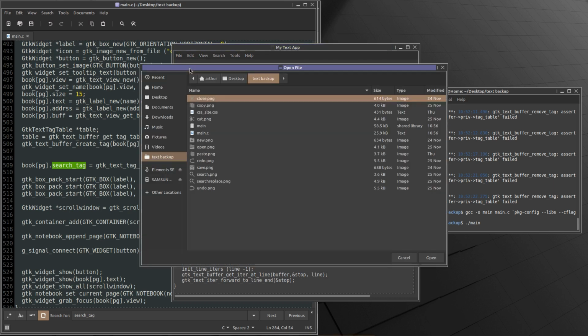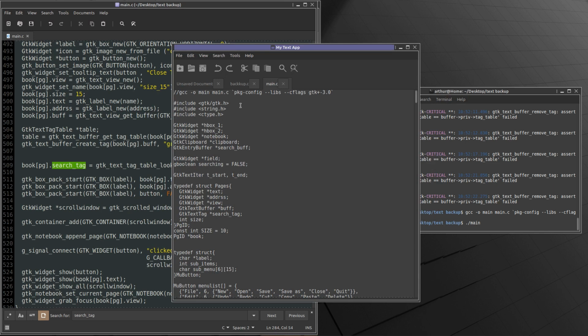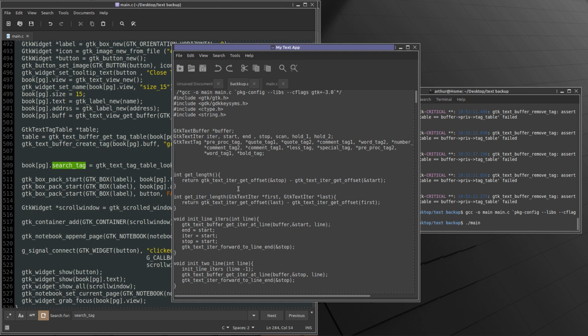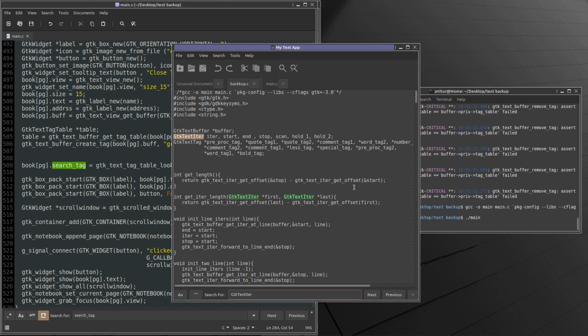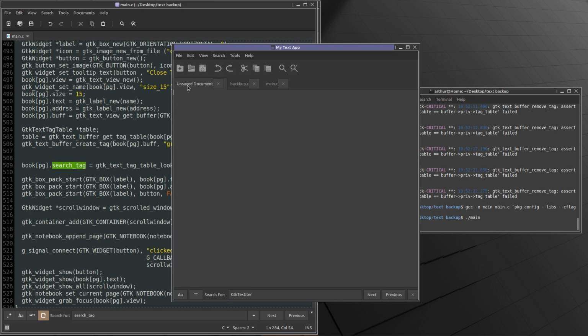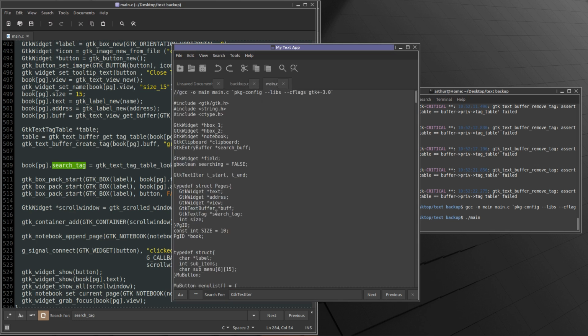We'll load up another document. We just won't save anything, so this is just a copy of an earlier copy of the same program. So let's go back here. We'll attempt to do a search and see if it starts throwing errors now. Okay, so now we're able to do that. I think there might also be